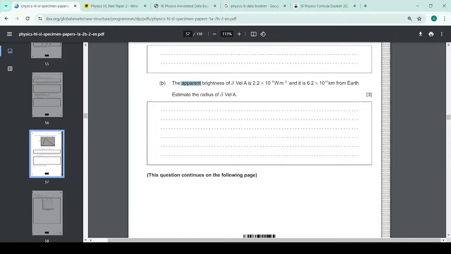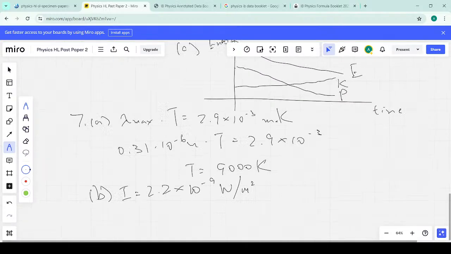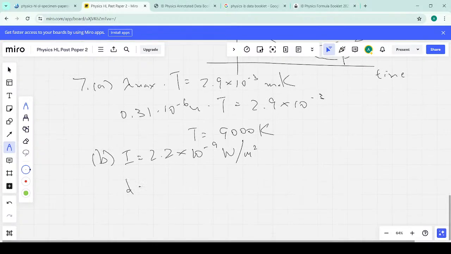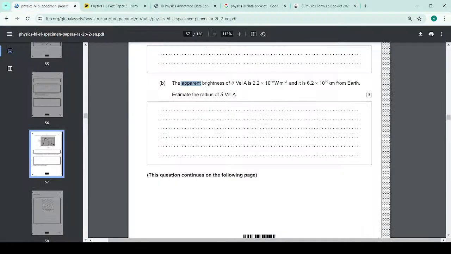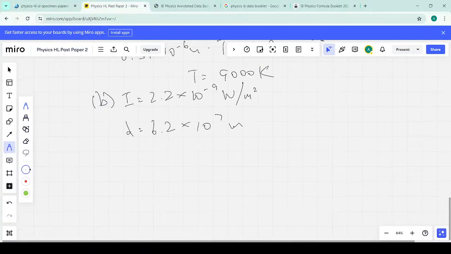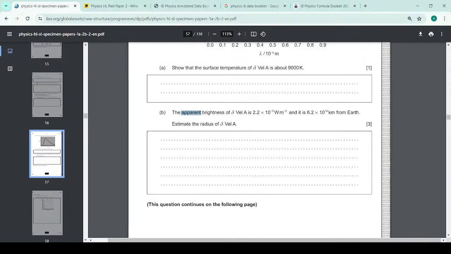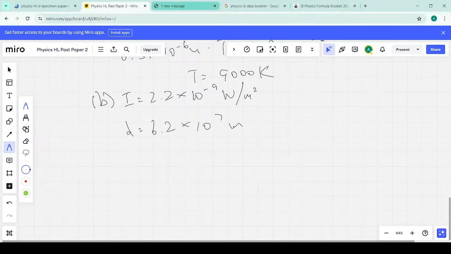Okay, and it is 6.2 times 10 to the 14 kilometers from Earth. So basically, distance is 6.2 times 10 to the 17 meters. So using this apparent brightness, we can estimate the intensity of the star itself. So obviously we need to use the